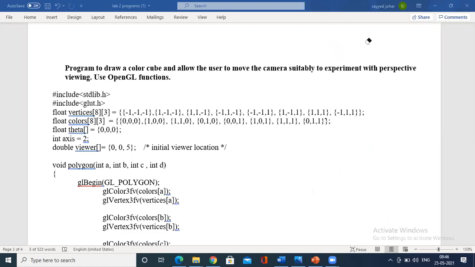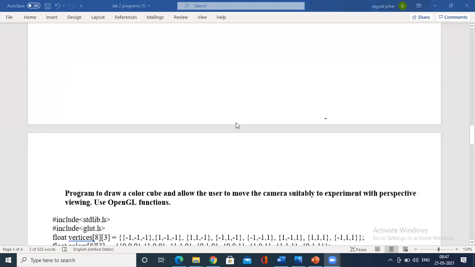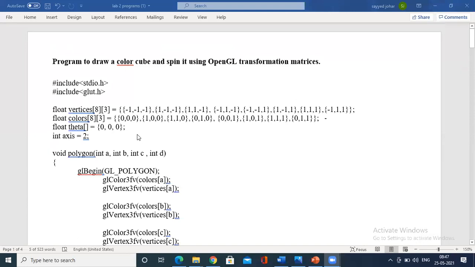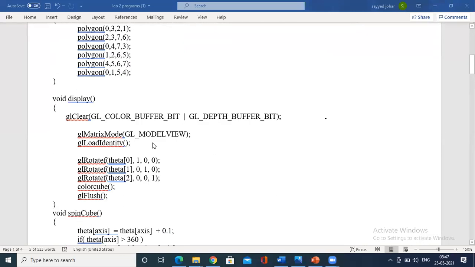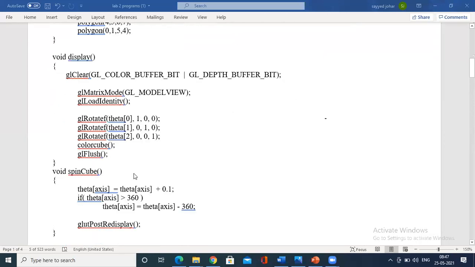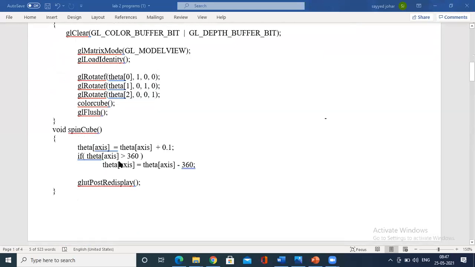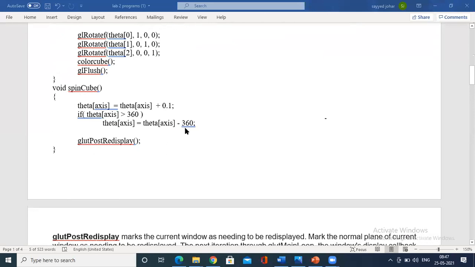For the cube program, since you have executed one program, you won't have any issue understanding and executing this program. What you could see is, in perspective, the vertices and the color coordinates are the same. Just have a review. You have these polygon shapes. How do you find the vertices? Then you have the display function. In the display function, you call the rotation along the x-axis, y-axis, and z-axis, and how it is rotated in increments of +1 up to 360.